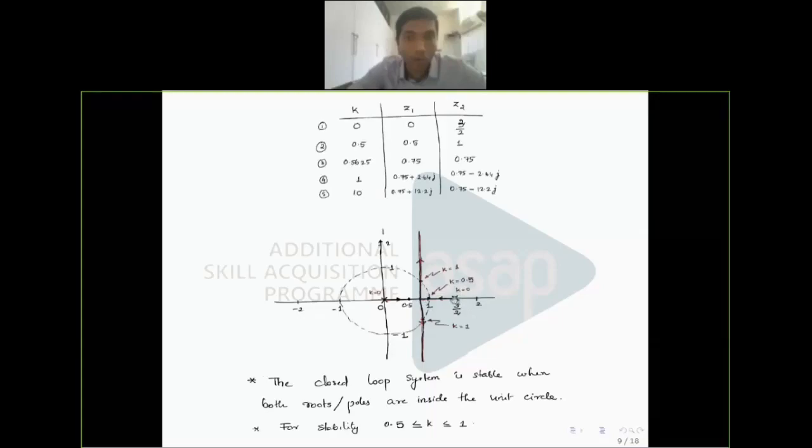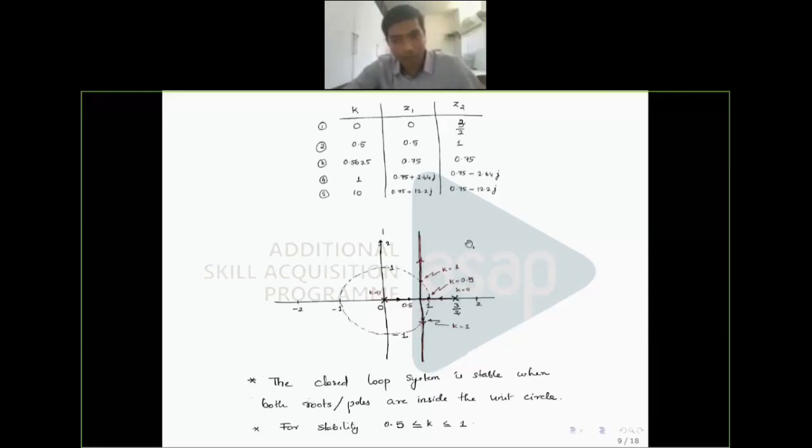That means the root locus branches, as these are called, start from the open loop poles. And the number of branches of the root locus is equal to, from this example, you can see, the number of open loop poles. So there are two observations. One is that when K is equal to 0, the closed loop poles are the open loop poles, or the branches start from the open loop poles, and the number of branches in the root locus is equal to the number of open loop poles.